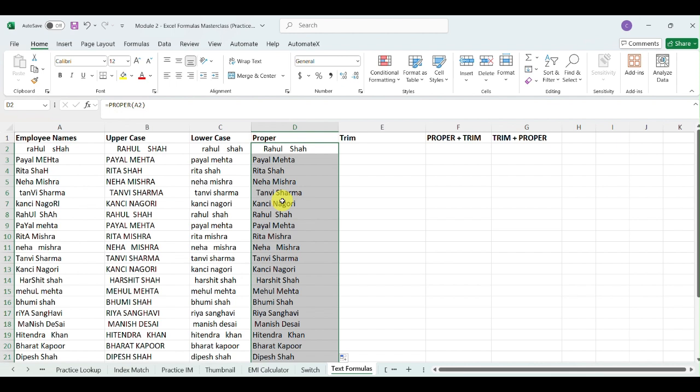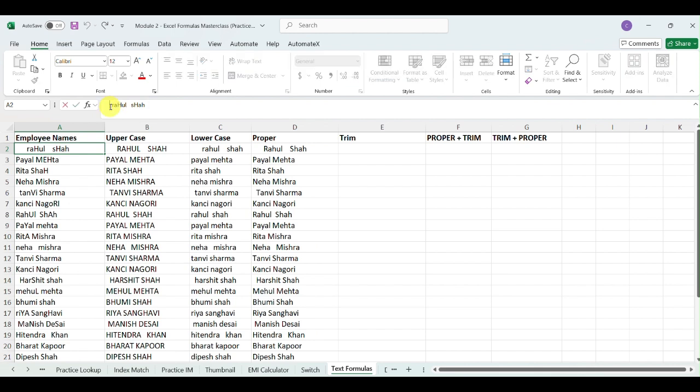But there is another challenge here. In the case of Rahul Shah, additional space has been given before Rahul and in between Rahul and Shah. Even the proper formula is unable to remove this space. You see, it is here, it was not removed by the proper formula.